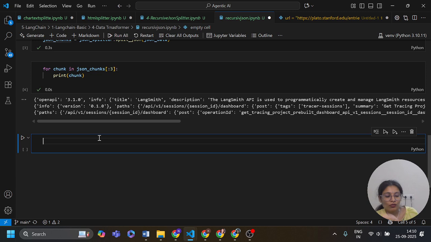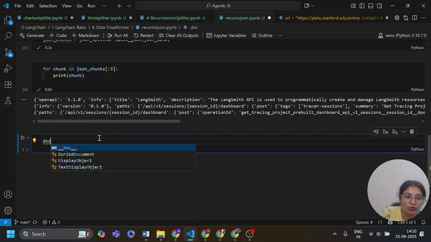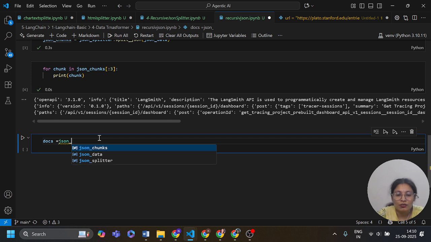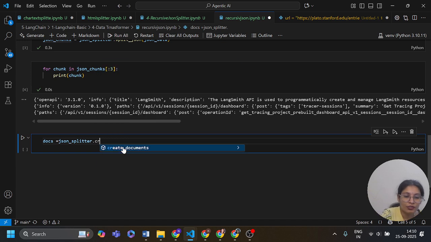The splitter can also split output documents. So here docs equals JSON splitter dot create documents.